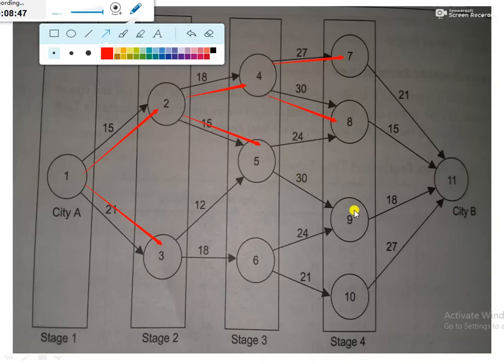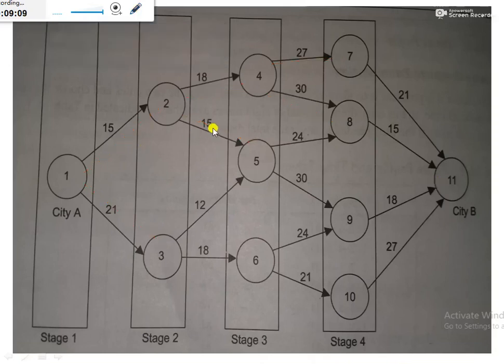So now the question is, which route the traveler should opt to minimize the total travel time taken between city A to city B. So this is the question, and we need to find the optimal answer of this problem by using the dynamic programming technique. So it is one of the standard problems that we can solve by using dynamic programming.